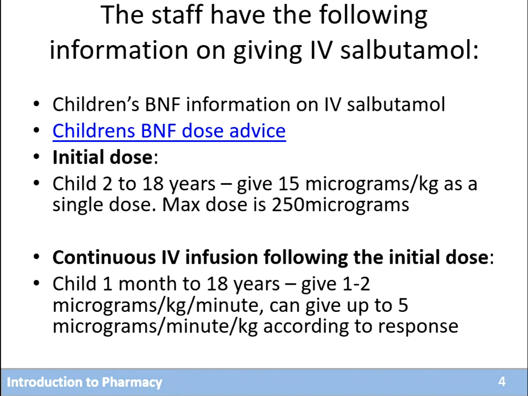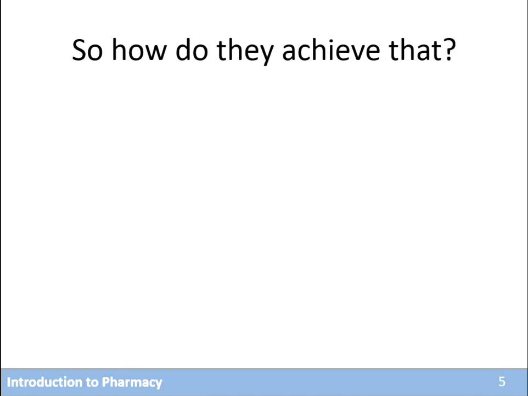That's all very well. That's telling you the dose that you're going to be giving the patient. But the next stage you need to be able to do is actually physically do that. So how do you get 15 micrograms per kilogram into the child? Okay, so